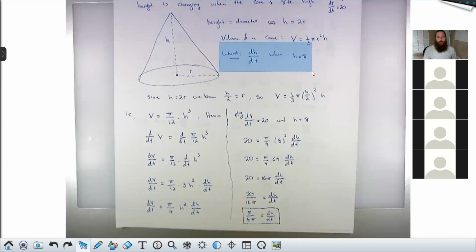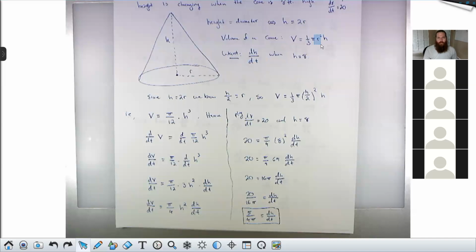Then we identified what it was we wanted. I'm after dh/dt. So I need to differentiate something with respect to time, and that something had better contain some h's, and it had also better be something I can plug into with the information I have. So differentiating this volume relationship is what makes sense. In order to make this easier to differentiate, I'm going to plug in what this tells me. I'll get rid of the r's. That way I'll just have v's and h's because I know dv/dt and I want dh/dt. So I want to get rid of the r's.